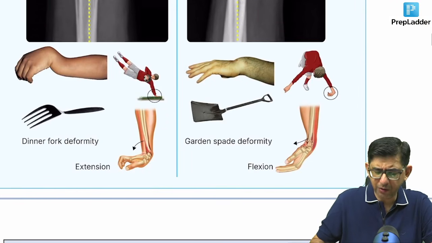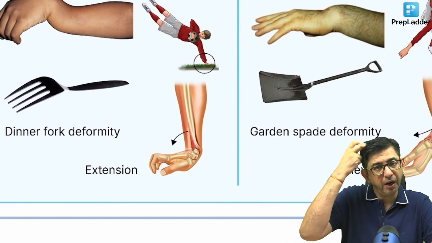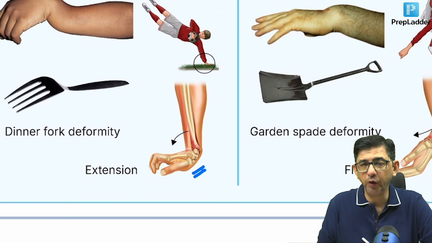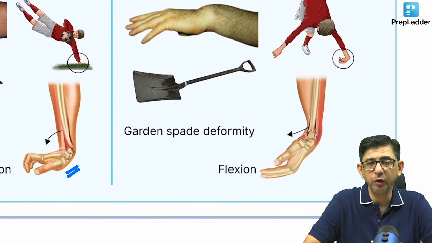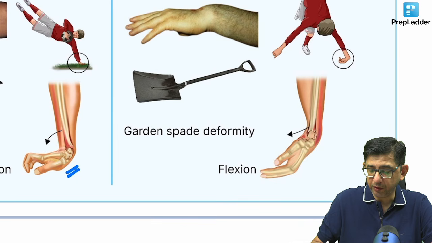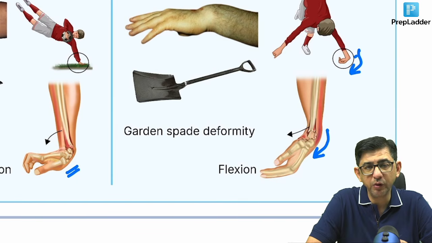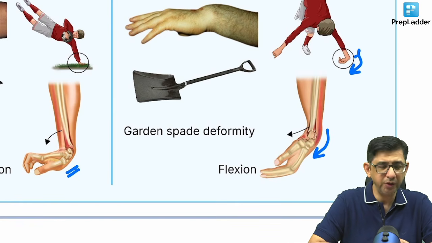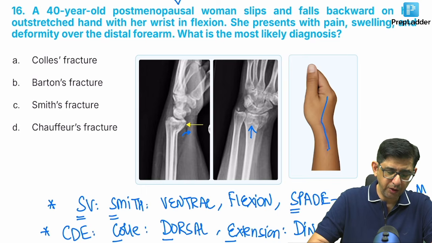In the handout, I've also described situations. The situations are also very characteristic. Like, a goalkeeper is jumping, and the way the injury is occurring, it is occurring in extension. That is Colles fracture, the dinner fork deformity that will occur. And here it was that typical case where a lady slipped in the bathroom, and you can notice the flexion of the wrist joint that is happening. That flexion injury is responsible for the ventral displacement, which will subsequently be responsible for a garden spade deformity. So the kind of injuries given in the paper themselves help students solve the question. And if you look at the x-rays also, it will become super easy. The answer to the current question is option number C.